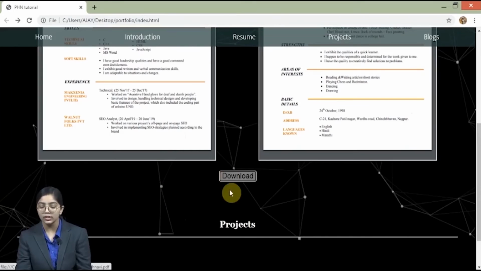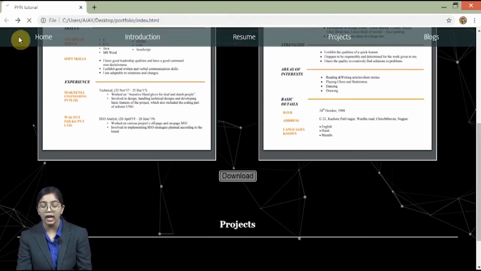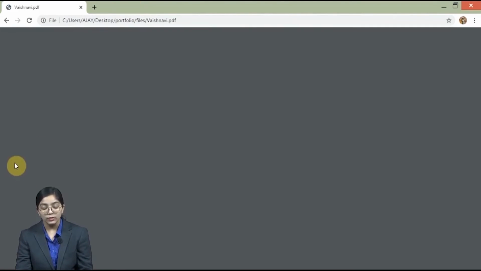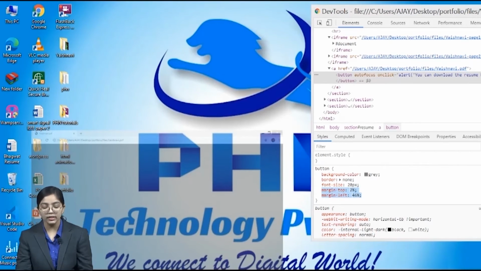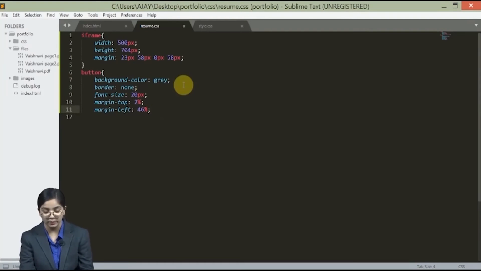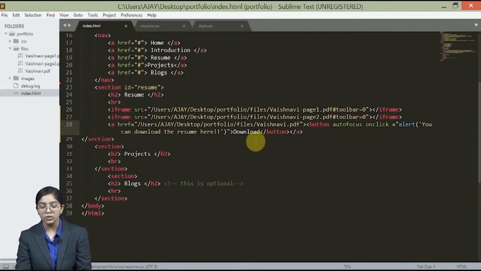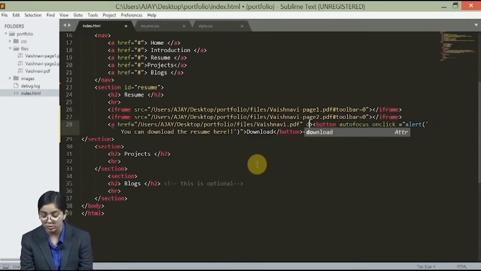Now whenever I click on download, this particular thing is going to come, and I'll click on OK, and after that I'll be redirected to the page. Now I think that I should get the chance to even decide the file name over here, right? So how can I do that? For that, we just need to go in our href and add an attribute download.